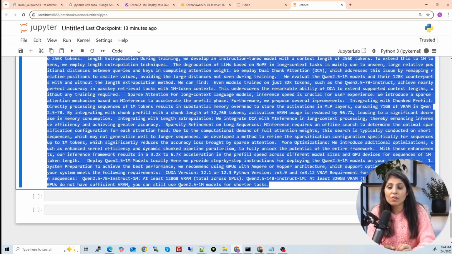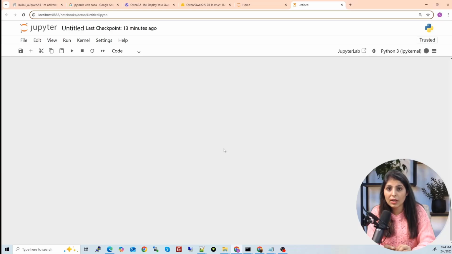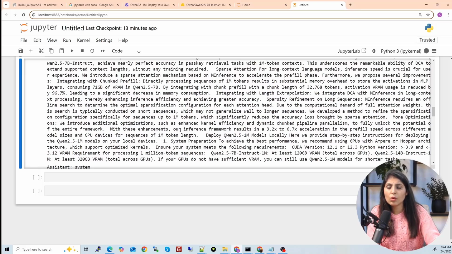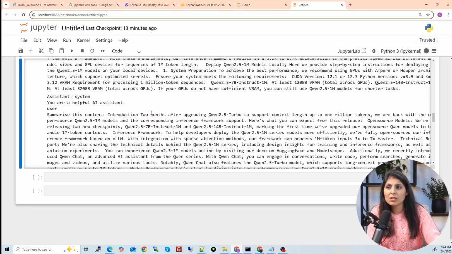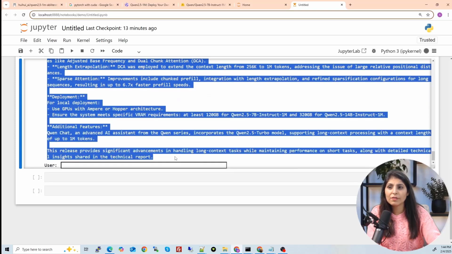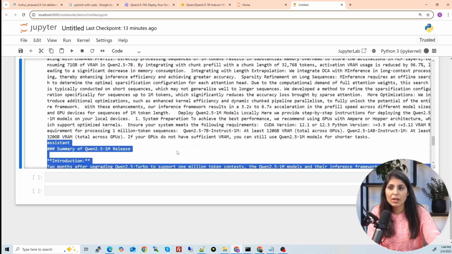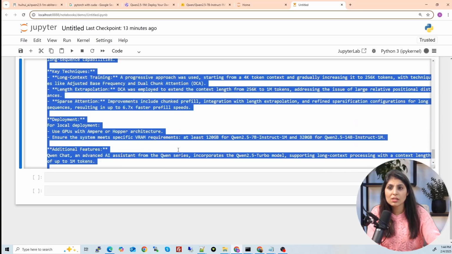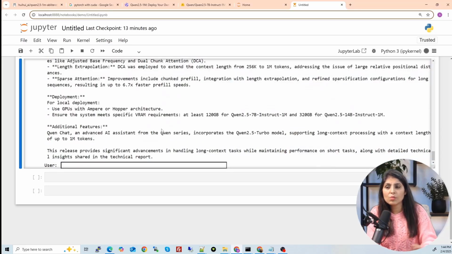So when in the starting of the class I told you that your prompts should not have 1 million words, because then the model will not be able to handle that task. So here, see, this is a decent prompt. We can run it on a local machine, and I'm using 24 GB of VRAM, and I asked this question to it, and then let's see what the model gave us. So this is the summary of it. The content which I gave to the model is this much, and see, this is the summary which our model gave us. So this is how you can use this Qwen 2.5 model locally on your machines.